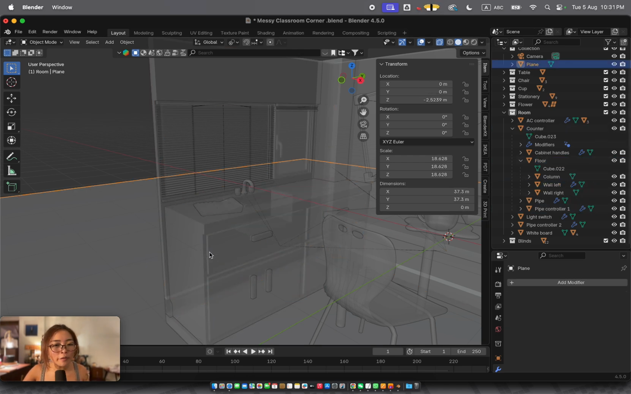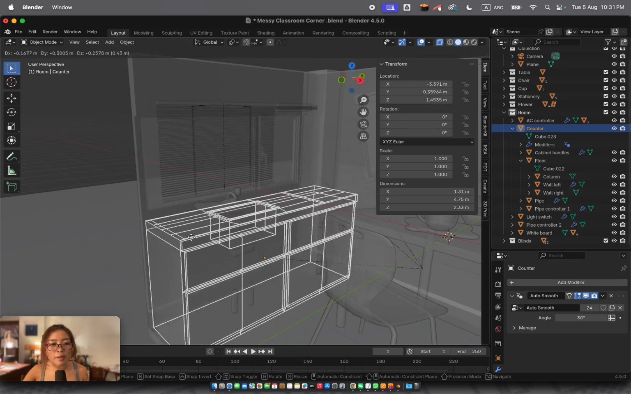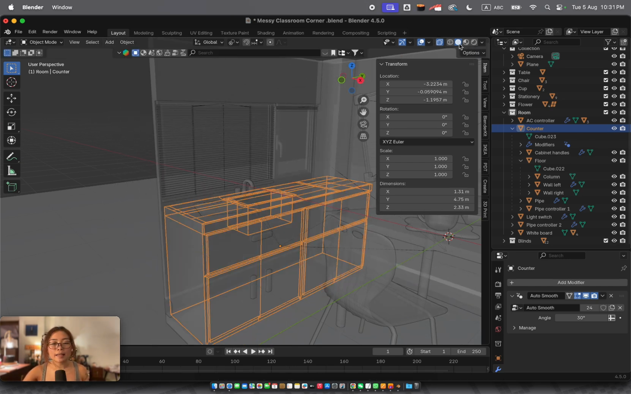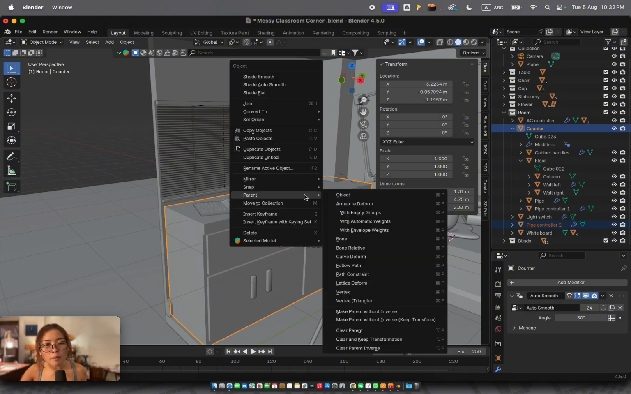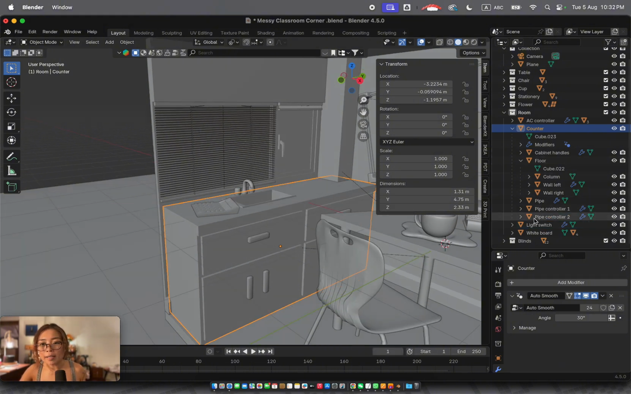So if I'm moving the counter, the controller, the knob is moving along with it. And this is not very ideal if I have the second one left behind. To fix it, I select this one first, and then secondly the countertop, and do the parenting. It is parented and you can see that they are of the same level and put